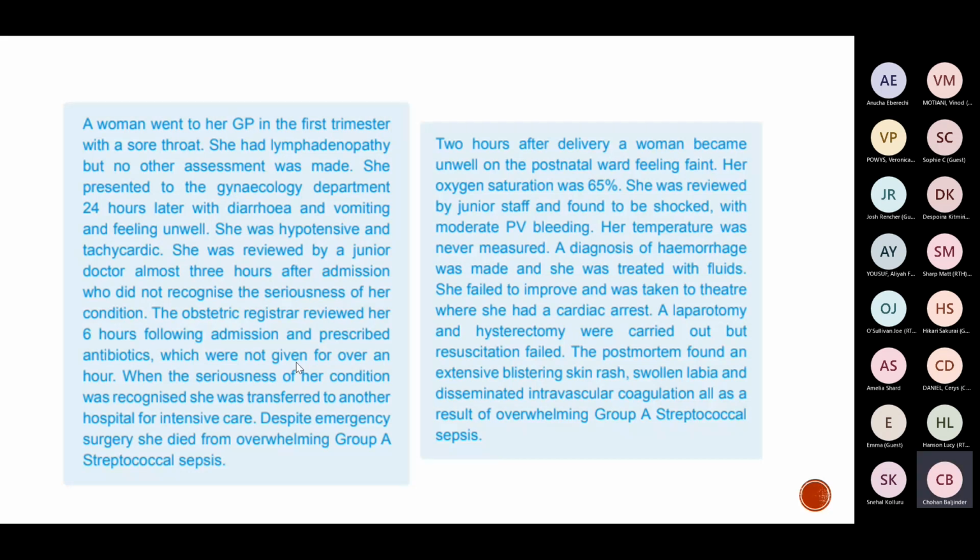I just think, gosh, so much to say about that, but I'll let all of that sink in. But again, this could have been any of us dealing with patients like this. The reason why I've chosen these two cases is to show group A strep is an awful bug. Has anyone ever had any experience with group A strep with any patients?